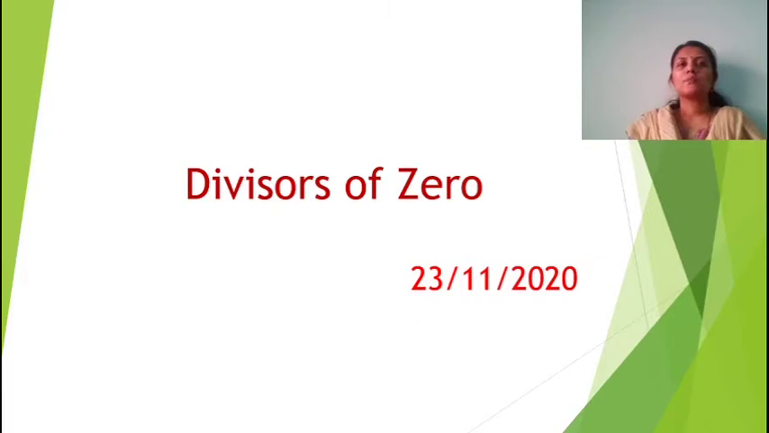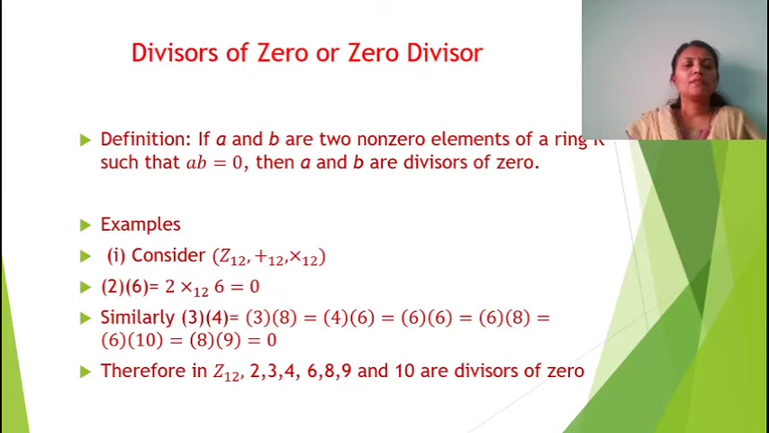So today's concept is divisors of zero, and the definition is: if a and b are two non-zero elements of a ring R such that ab equals 0, then a and b are divisors of 0. We have a and b as non-zero elements and the product ab is 0. We have the examples. First we have